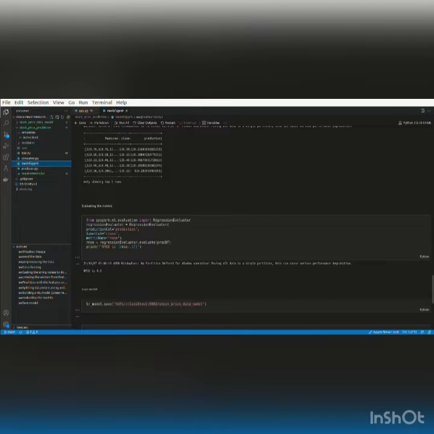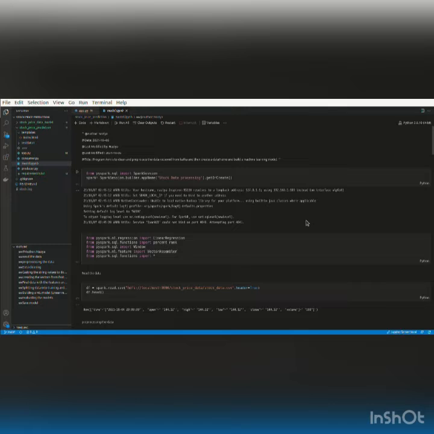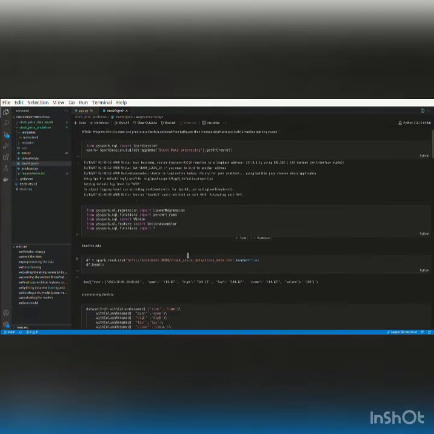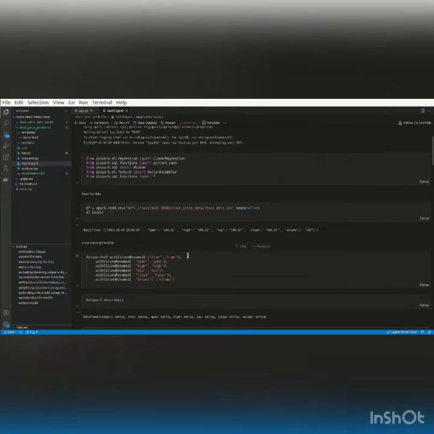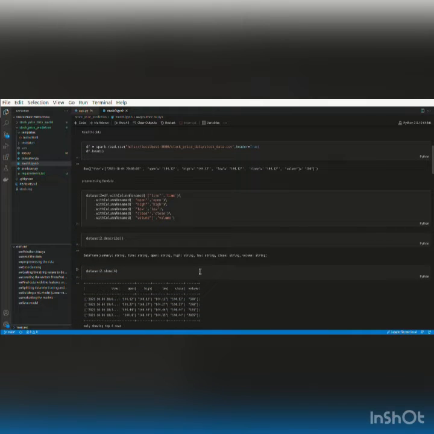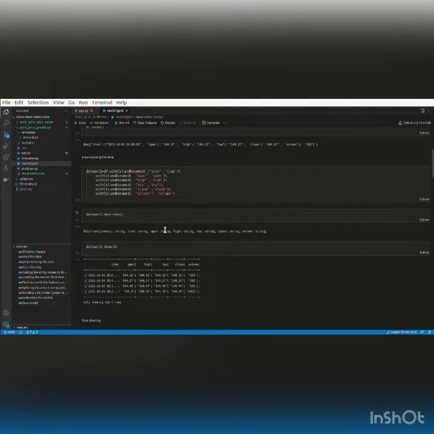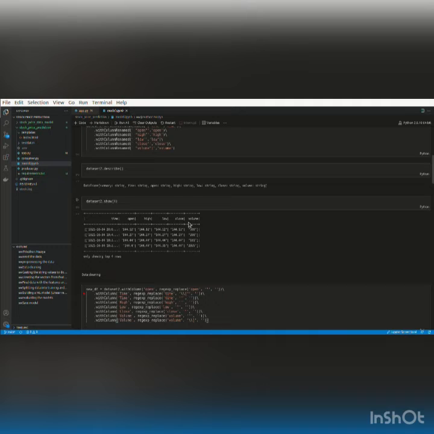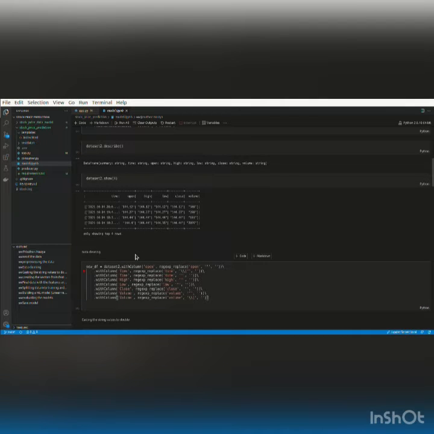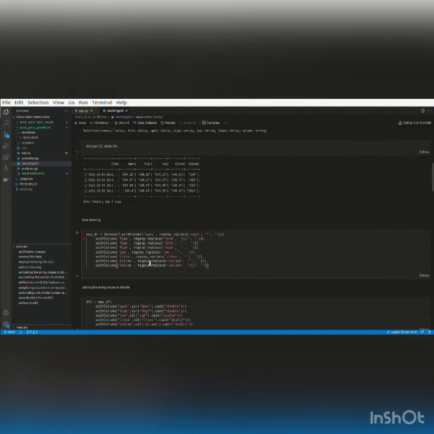So after the data is received, it is saved in a centralized store, and then we'll be performing certain operations like pre-processing and cleaning it, and then we'll be building an ML model. So as you can see, we have pre-processed the data, like we have done on these columns, and the data looks like this. As you can see, we have all of these double quotes and all. It's not clean, so we'll be pre-processing, we'll be cleaning it.